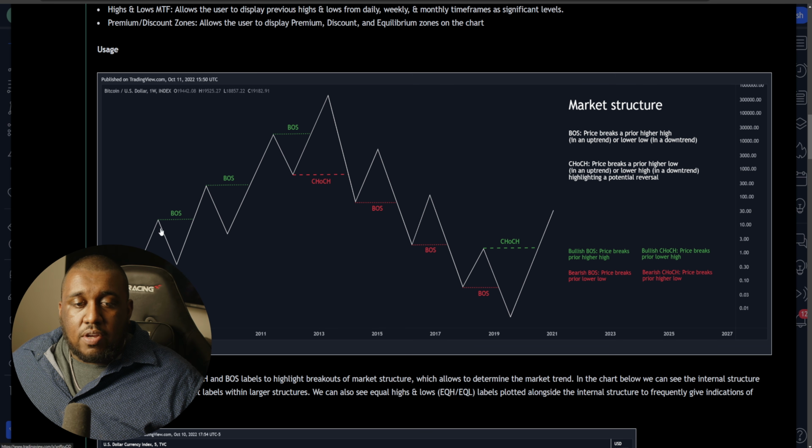Now, just like you have break of structures going up here that are more bullish, you can have break of structures that are bearish right here, here, and here. If you're making a new low, a lower low, a lower low, and of course lower highs, of course you're going to be looking at a more bearish chart. Afterwards, after you have a break of structure so many times, you're eventually going to have a change of character